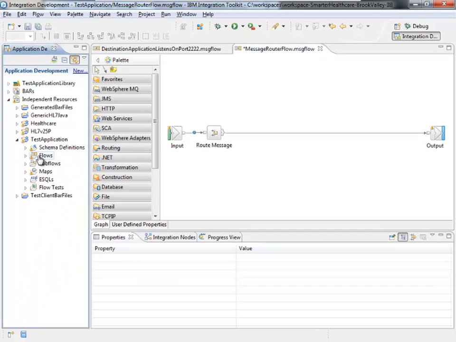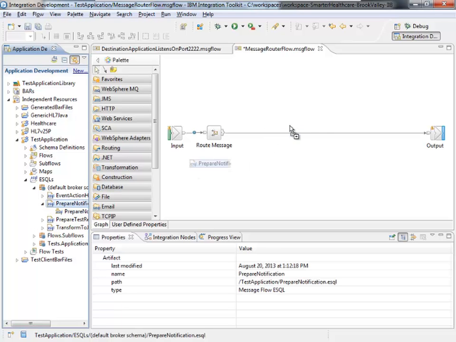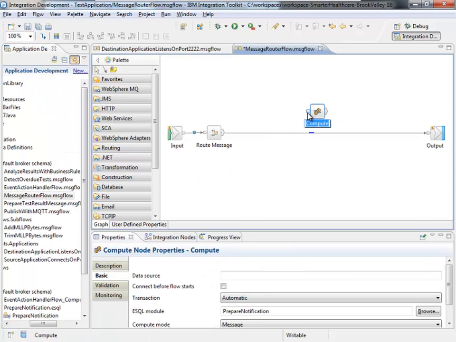So you can notice that we went into flows before, but we have other pieces of reusable components that we can start to assemble together as we're building these integrations very quickly. So the first thing I want to do is take out my prepare notification, because that's the first thing we want to do: prepare a notification. So there's my prepare notification step. And I also want to send that notification to the iPad application of the physicians.